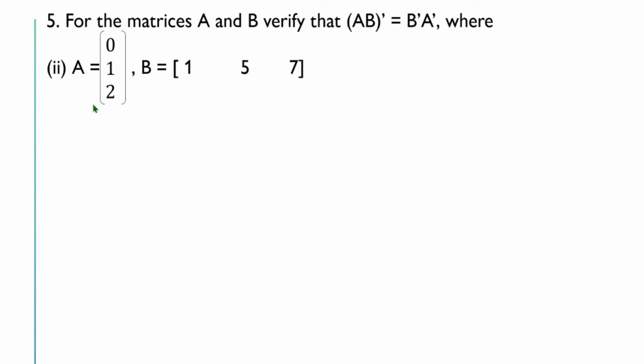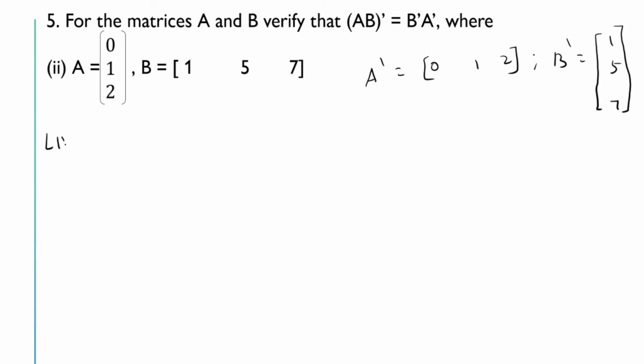So the next question, for the matrices A and B, verify that AB the whole transpose equal to B transpose into A transpose, where A and B are given. So first let us write A transpose and B transpose and keep. A transpose is equal to 0 1 2 and B transpose is equal to 1 5 7. Now let us take the left hand side first. The left hand side is AB the whole transpose. So it is equal to,